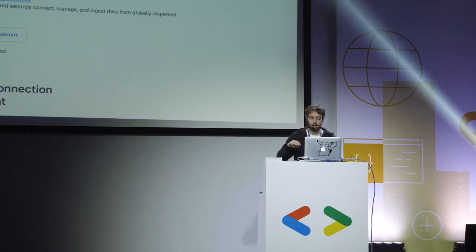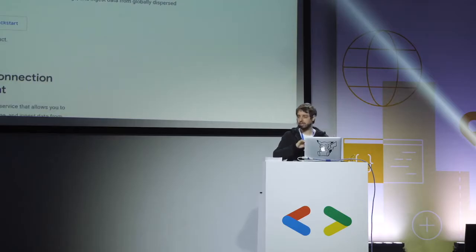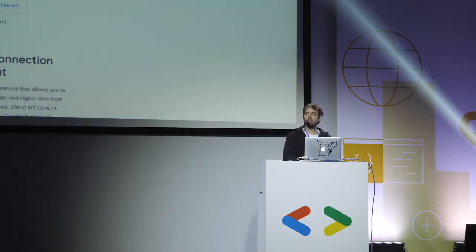Google Cloud IoT Core is a service that helps you to send data to the Google Cloud platform using web standards. It uses HTTP or MQTT to send data to the Google Cloud platform. And this is very important because since you can just send data using HTTP, it means you can use your computer to send data to the Google Cloud platform. You can use your phone, but you can also use any kind of device you want, as long as it supports HTTP or MQTT.